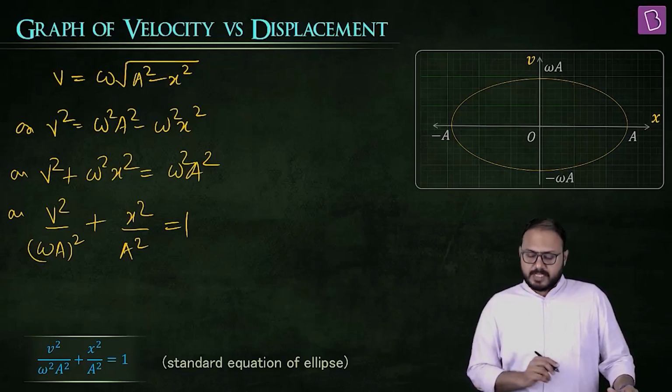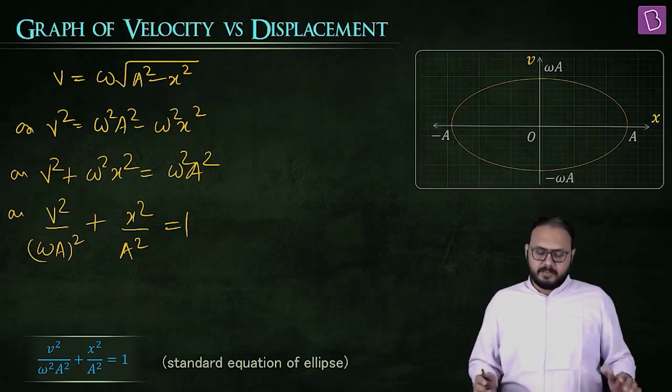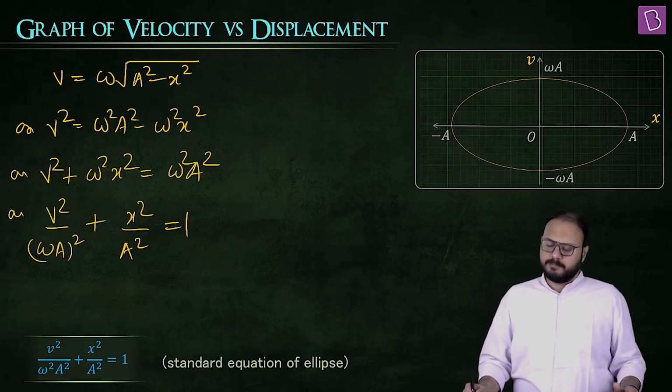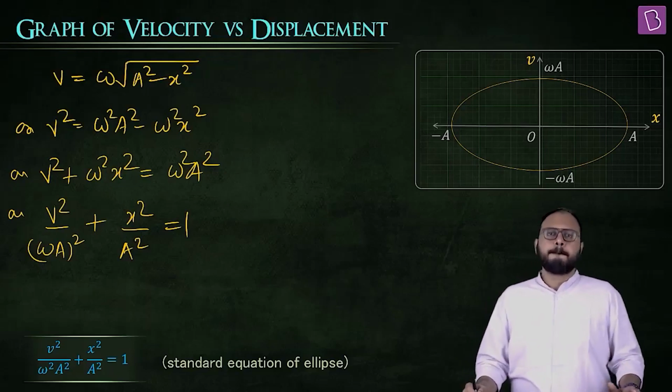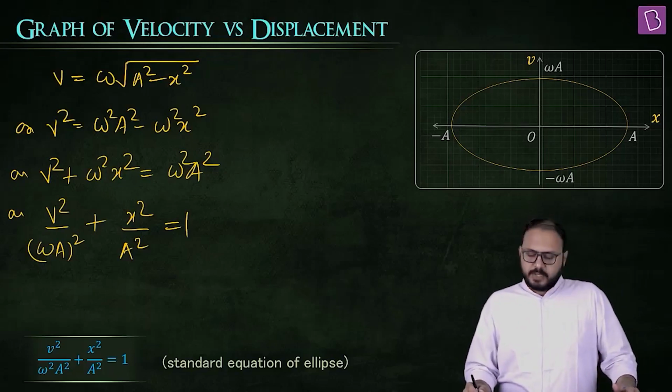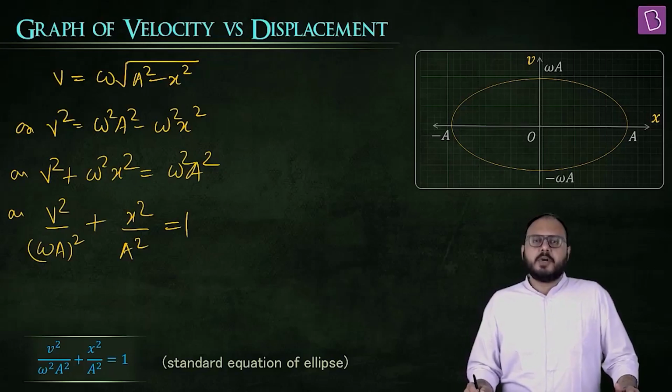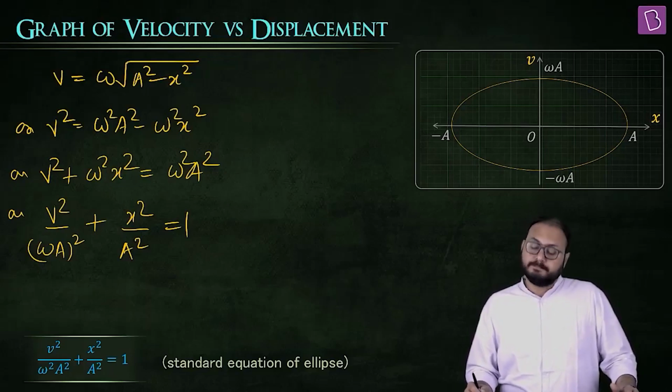Well, to be honest, if you ask me how the speed will change, so take the lower part away and that will become the speed versus displacement graph. Lower part away. Fair enough. Is this okay? So what does the graph of velocity and displacement look like? It's a standard equation of ellipse. Good. They can ask you a question like that.